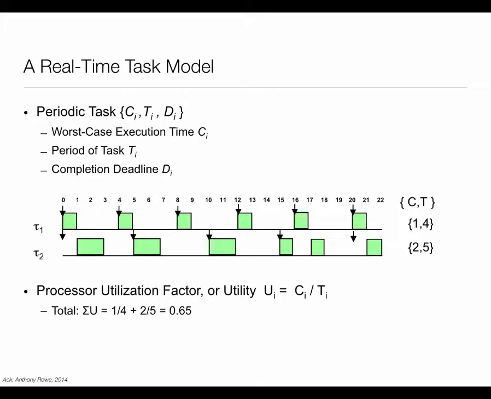What I don't know in this model is when the first copy arrived. The system started, at some point I started using the sensor and the samples start coming. I don't know what absolute time the first request arrived. So even though I know the period, I cannot say in terms of my watch at what times the tasks are arriving. I can say it once I have seen the first instance of it. When the first job arrived, after that it is every T sub i. But when I'm designing the system, I don't know that.